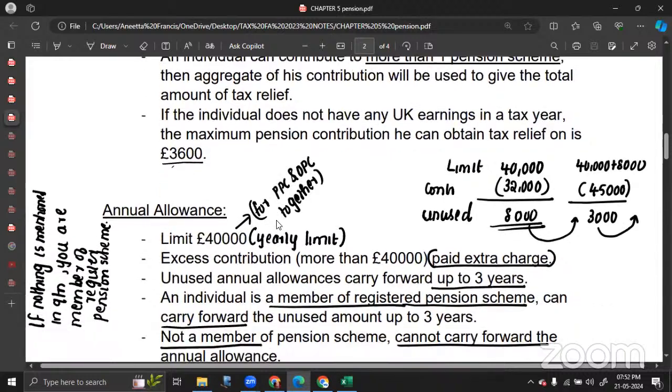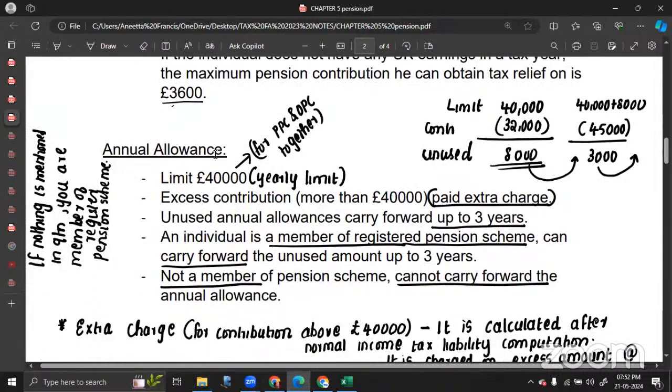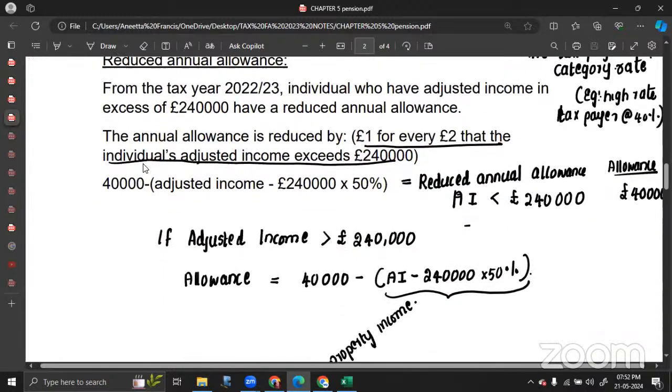Keep in mind, there is something known as annual allowance. So you can contribute any amount to any number of pension schemes during a tax year. But after a point, the contribution becomes taxable. So that point is annual allowance. Up to the amount of annual allowance, you can make a tax-free contribution to the scheme, and any contribution above that becomes taxable. So this annual allowance is normally 40,000, but it is based on a figure known as